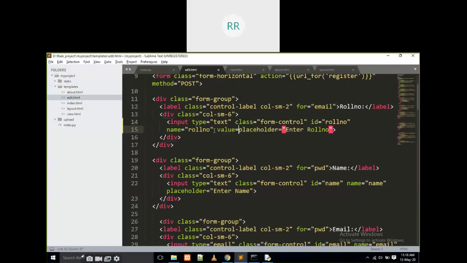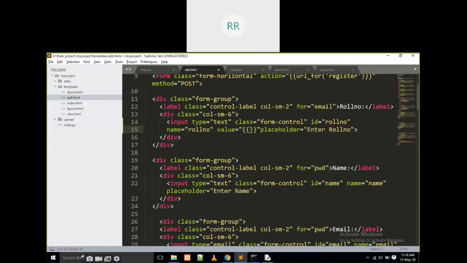Value is equal to, not like this, within the double quotes.